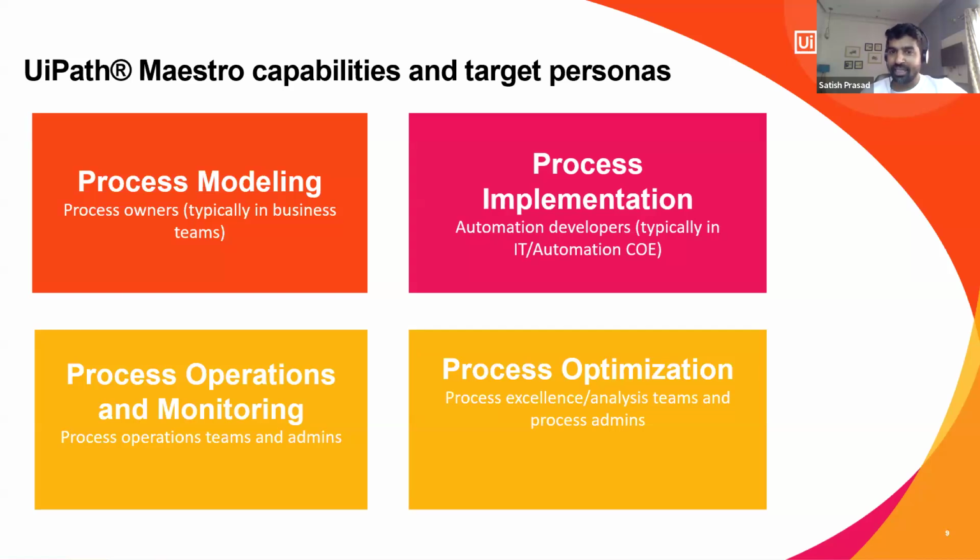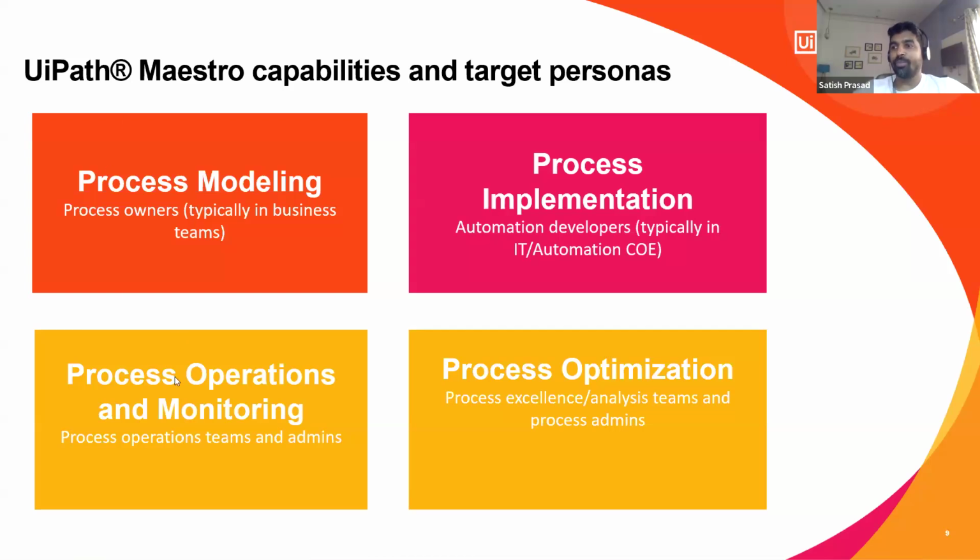The next thing that will be done is, once your process model is designed, you can build those small blocks inside the bigger process to make it automated end to end. So the process implementation part will be mostly done by the RPA developer. Process modeling will be done by the process SME and the business analyst. Process implementation will be done by the RPA developer and the solution architect.